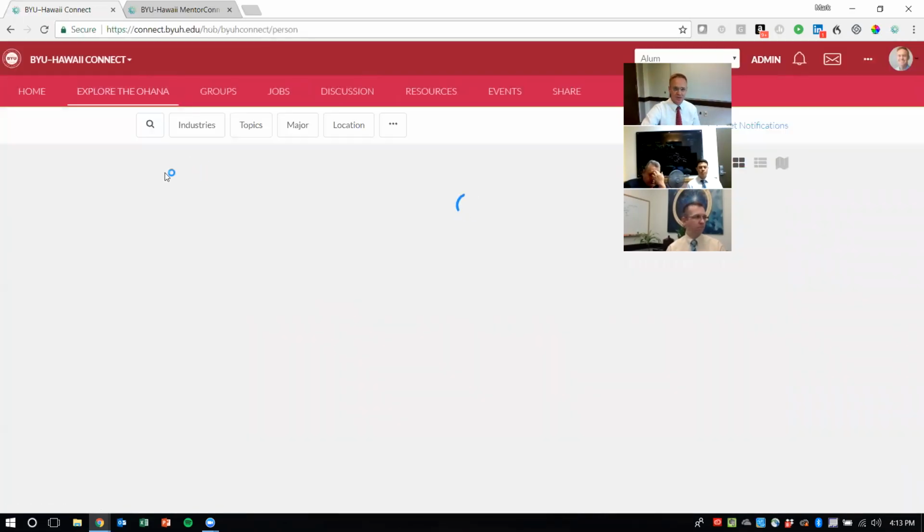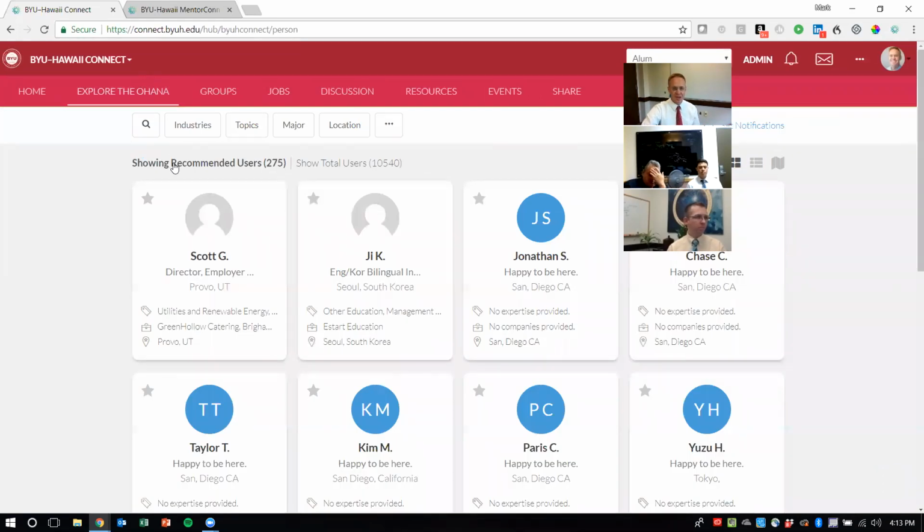This is really exciting. So the Explore the Ohana tab is, and Gail, I know you're watching, if you're still tuned in, you take note of this, because this went live for us just 2 days ago. This is what the improved UI, user interface, looks like here on the community tab. So you have a number of filters up here. You can search by industry.